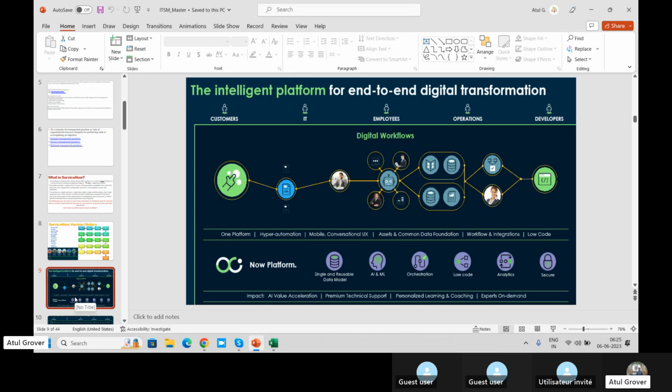So this is the latest slide I put in to understand why it's called an intelligent platform, which is end-to-end digital transformation, no manual work. Everything is in this one. Now come here.